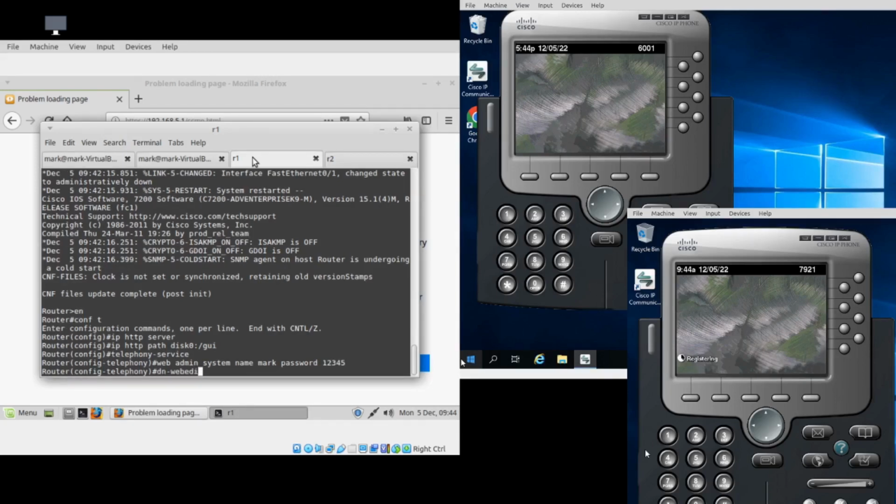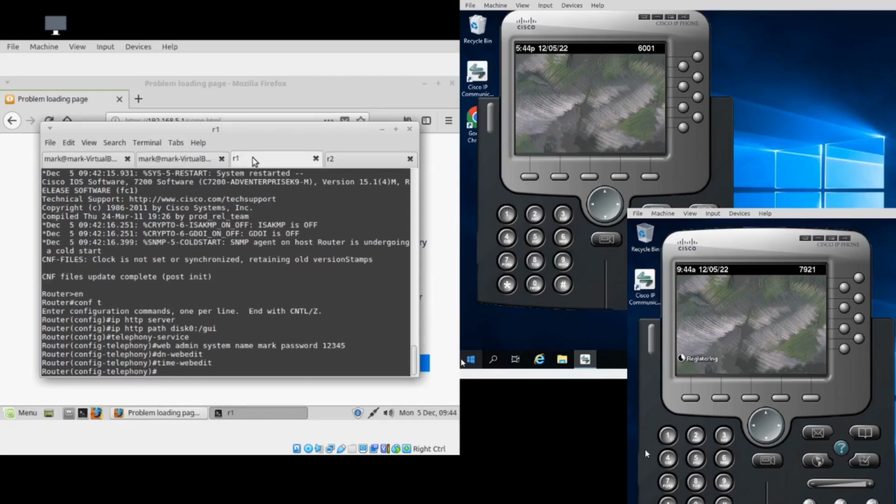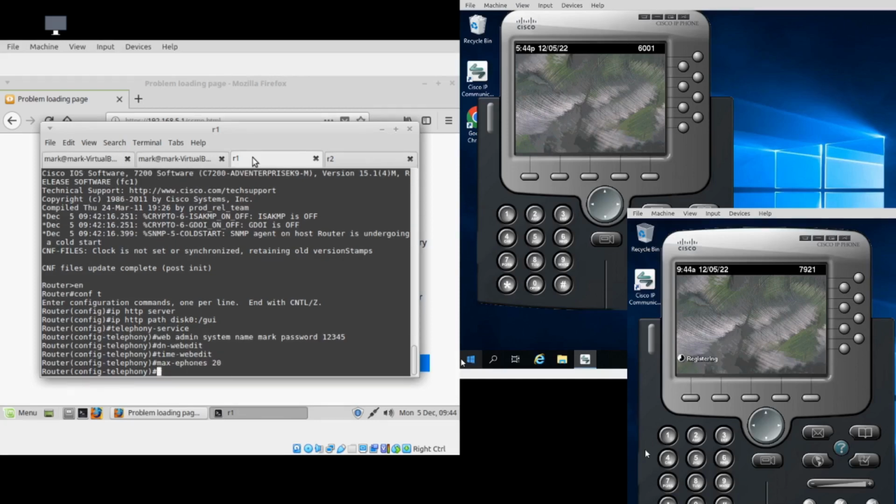I then created the DN web edit, and after that I created my ePhones. So I set the ePhones to 20,